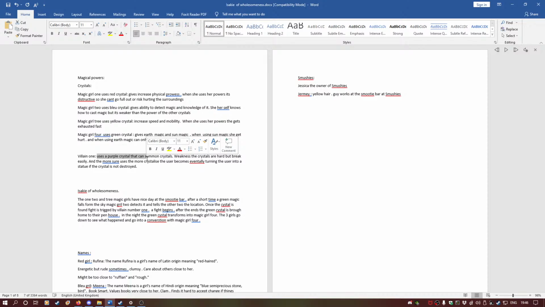daar moet hij liggen. Ja, ik zeg dat hij erin moet liggen. Maar even kijken. So,